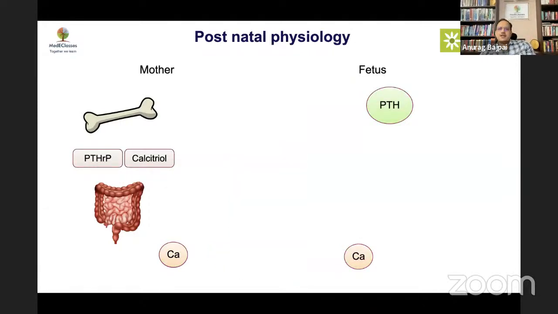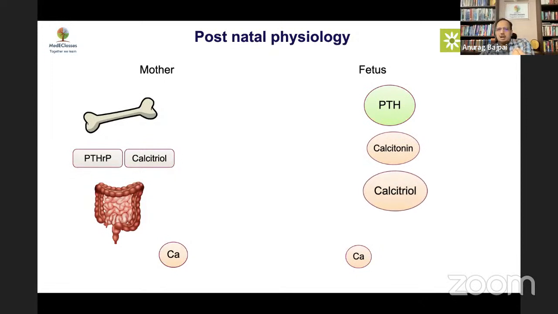Now, after birth, immediately you've got cessation of supply. As happens for the three major factors, glucose, warmth, as well as calcium, suddenly the supply goes down. So the body has to work now to produce the calcium, and all the calcium that you have stored is going to be used now. The first response, of course, is to increase the parathyroid, which is going to take off the calcium from the bone. The calcitonin level will come down, and then calcitriol will play some role.